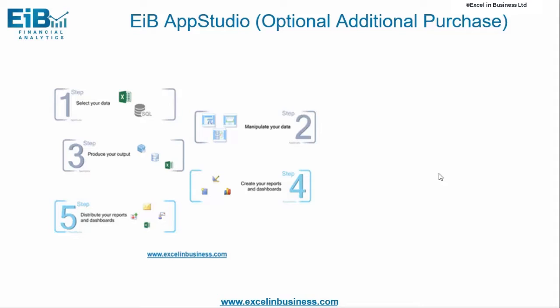In this presentation, I'm going to show you how EiB AppStudio can take some raw data, in this case from an Excel workbook, and transform that into an MI application. What I'm going to produce from that is a SQL Server data warehouse, and then a SQL Server cube from that, then use EiB Report Studio on that new cube to